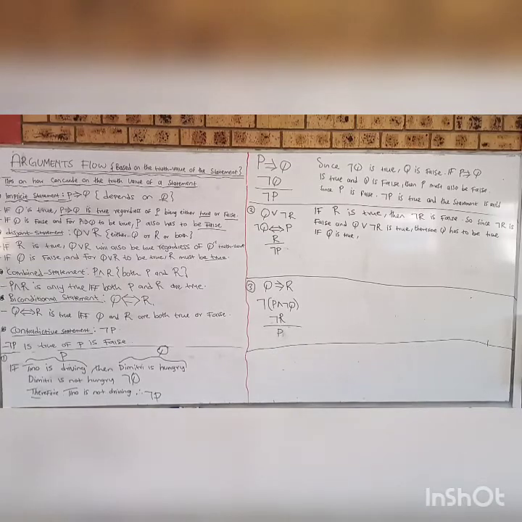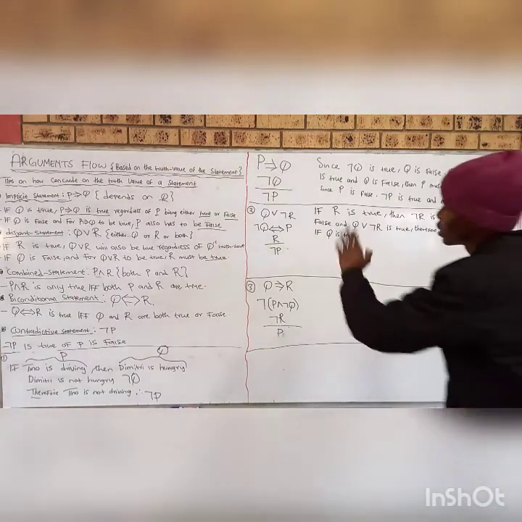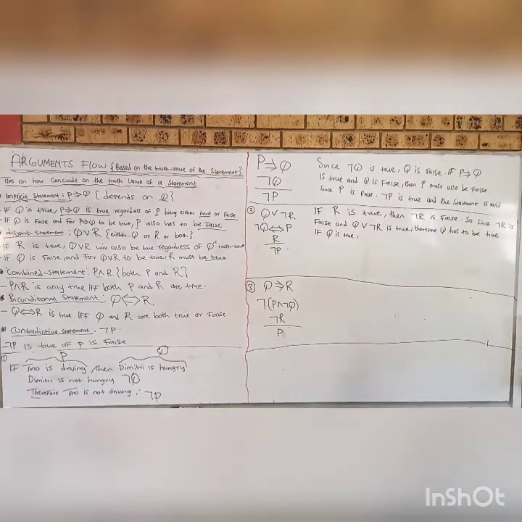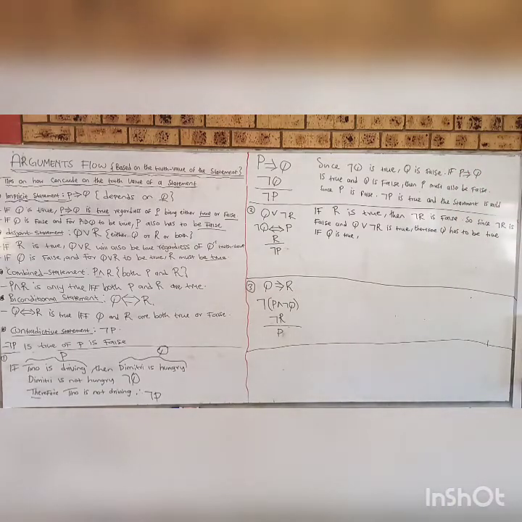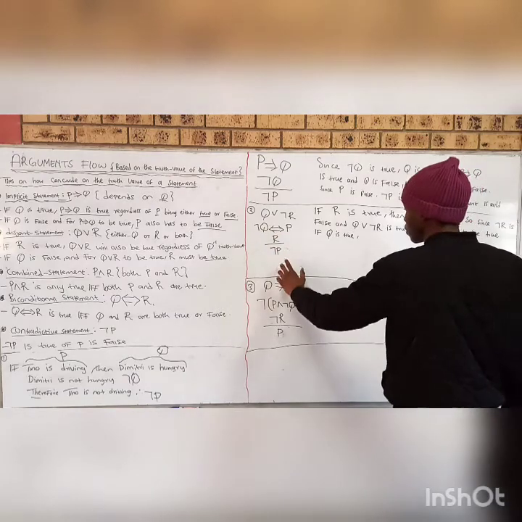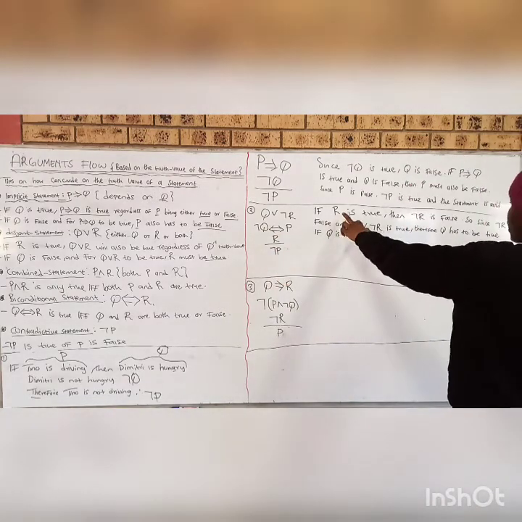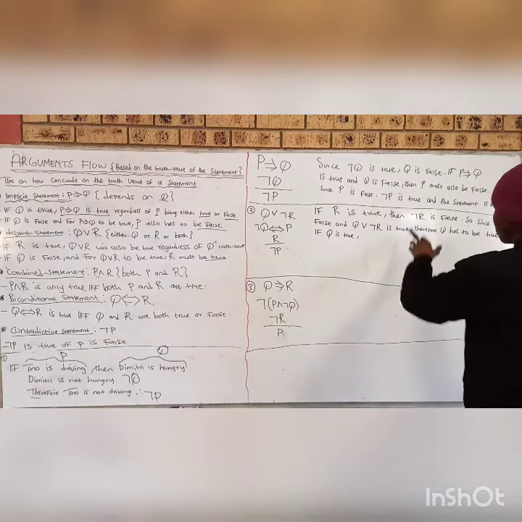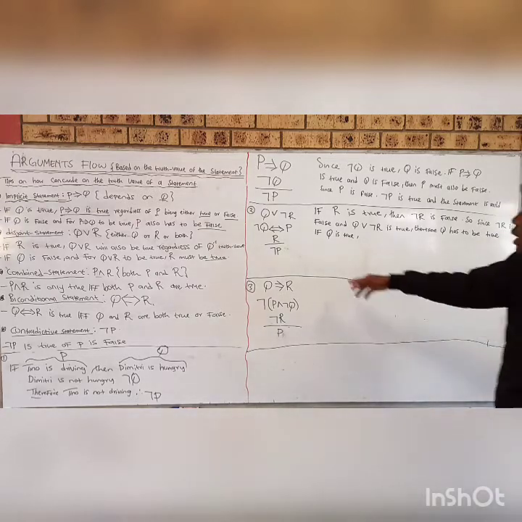So proceeding with the second example, we have Q or not R, not Q by conditional P, R. We have to conclude on the truth value of not P. So remember, these 3 given statements are always true, but we don't know about this. So we can start. If R is true, then not R is false. So since we know that our not R is false, and as we said,